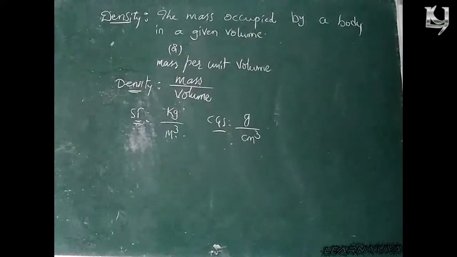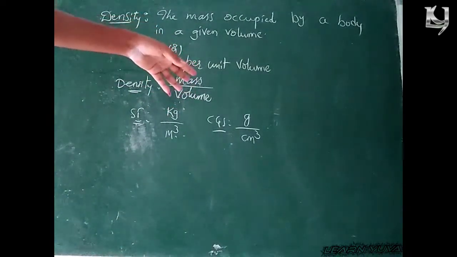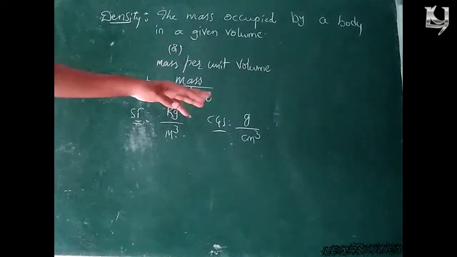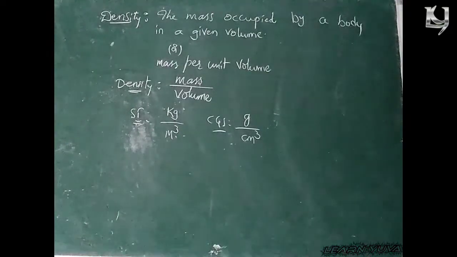And also, as you know, volume can be measured. Volume may exist for solids as well as for liquids. For liquids we will use liters, and for volumes we will use meter cube and centimeter cube. Okay, so let's check a small problem based upon this mass and density. So the important density formula is mass by volume, the SI unit is kg by meter cube, the CGS unit is gram by centimeter cube.